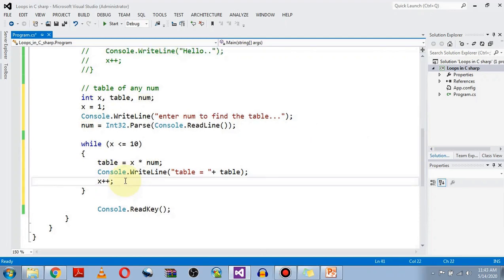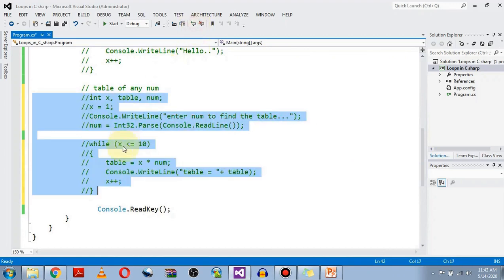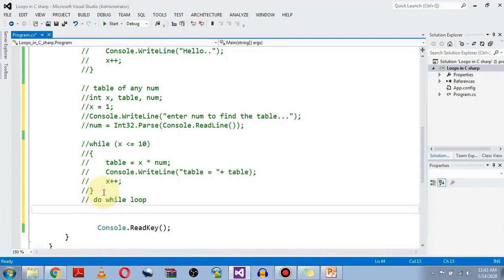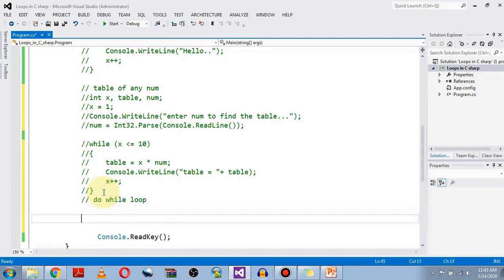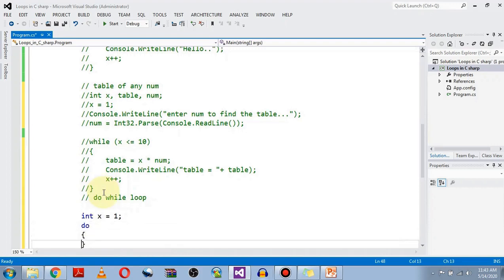Now let's implement the do while loop, but first comment these lines. According to the syntax, first we will be initializing the loop variable, let's say from 1, then the do keyword, starting and ending the body.